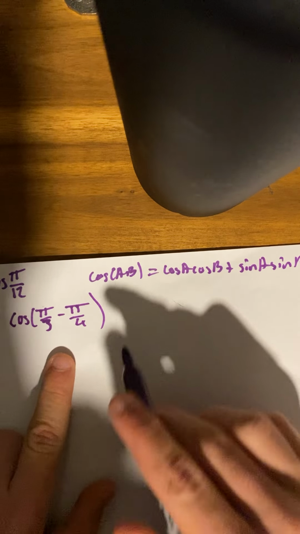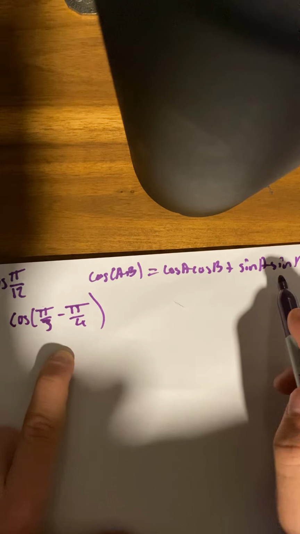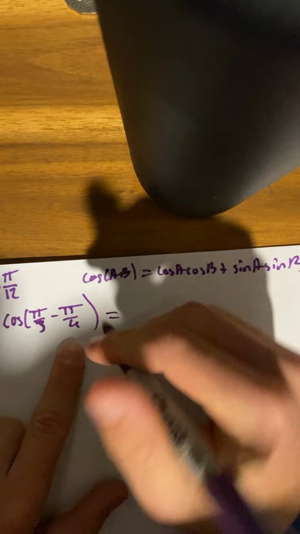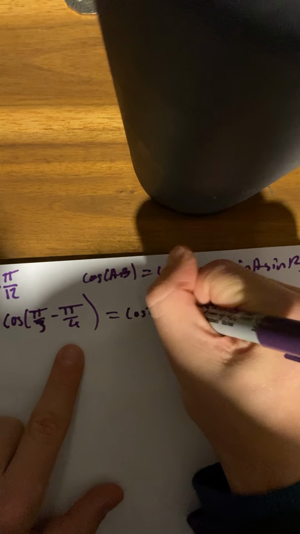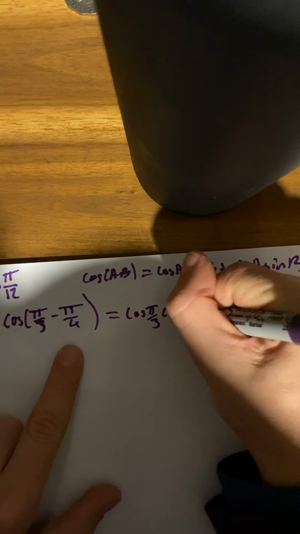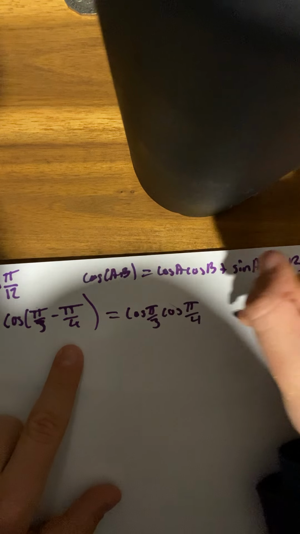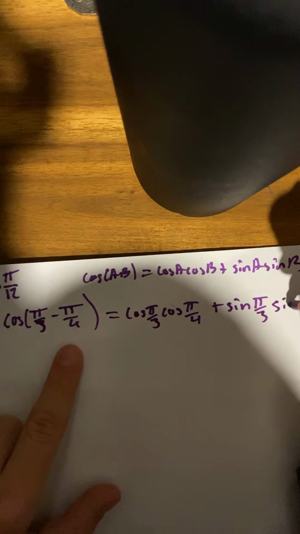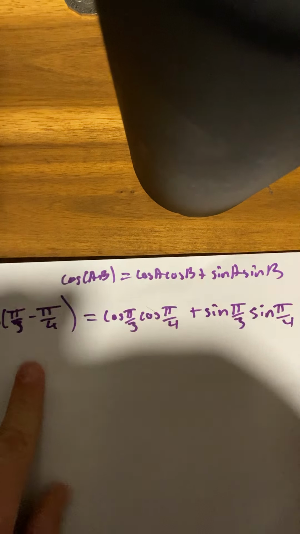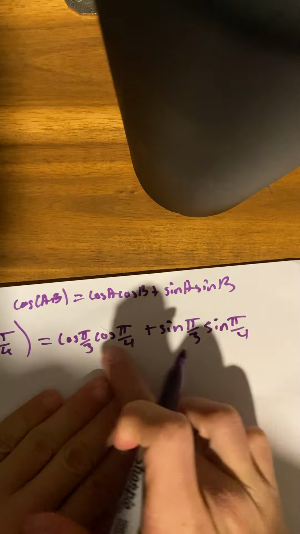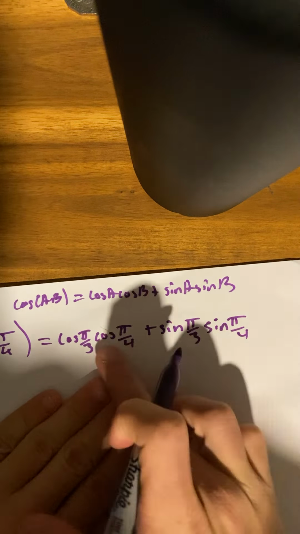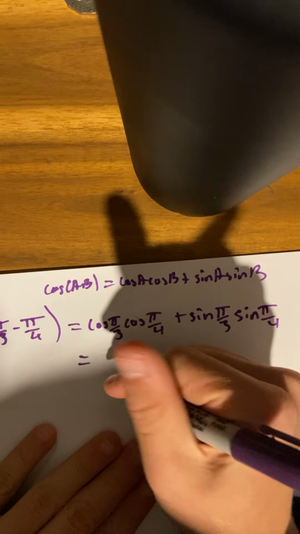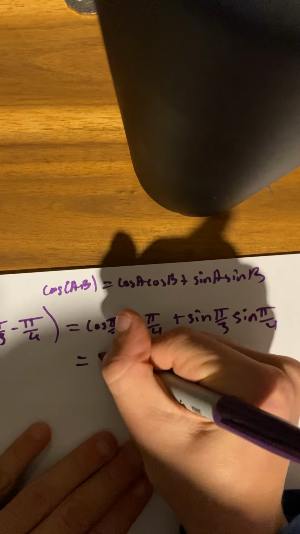Now with this, we can use this equation where we sub in A is pi on 3 and B is pi on 4. So this is going to equal cos pi on 3 cos pi on 4 plus sine pi on 3 sine pi on 4. And now you can see that these are all values that we know the exact value for. So we know that cos pi on 3 is a half,